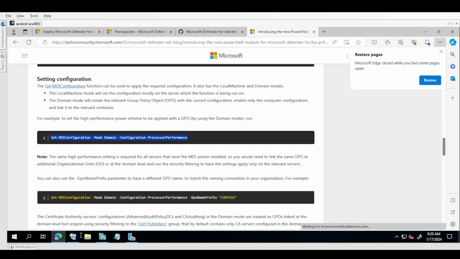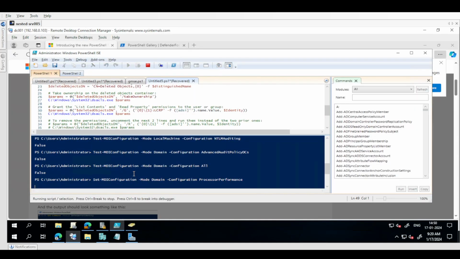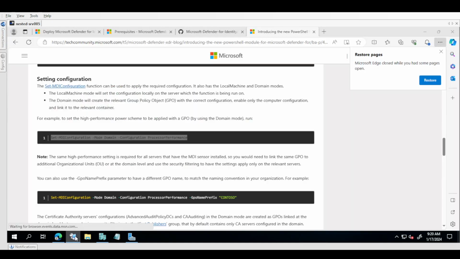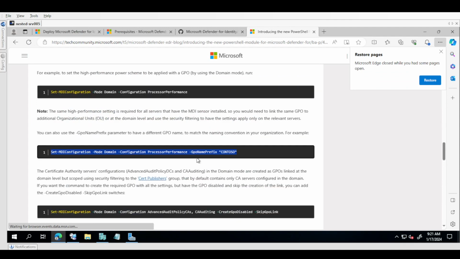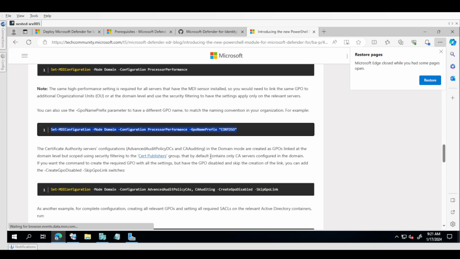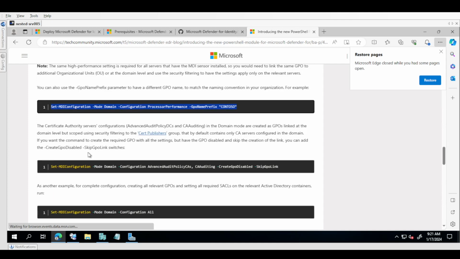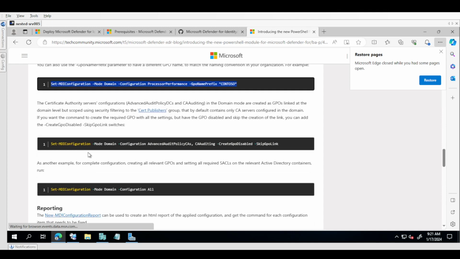This is to set the high performance scheme. We can do that. This is to set a GPO name prefix. Okay, can do that as well. And here we are basically setting CA server configuration. We'll go and do that as well. And here we are going to set all the relevant GPOs. We will copy that